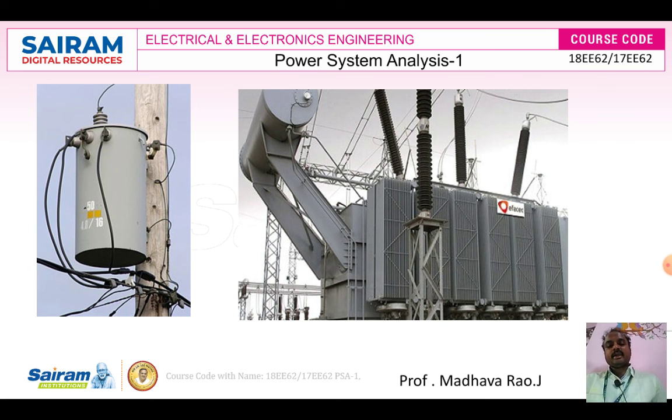Next, high rating transformers are placed on the base of the beams. These transformers are large rating transformers. You can see it in the second diagram. These transformers are heavy rating, and they are especially used in power plants, transmission stations and power grids. So this is about power transformers.